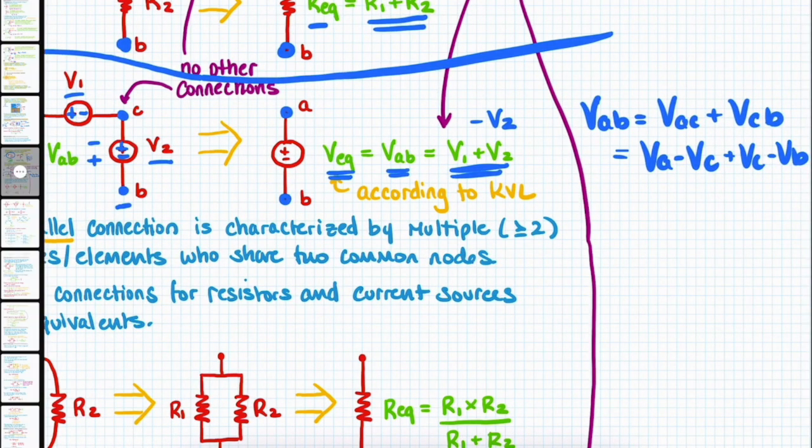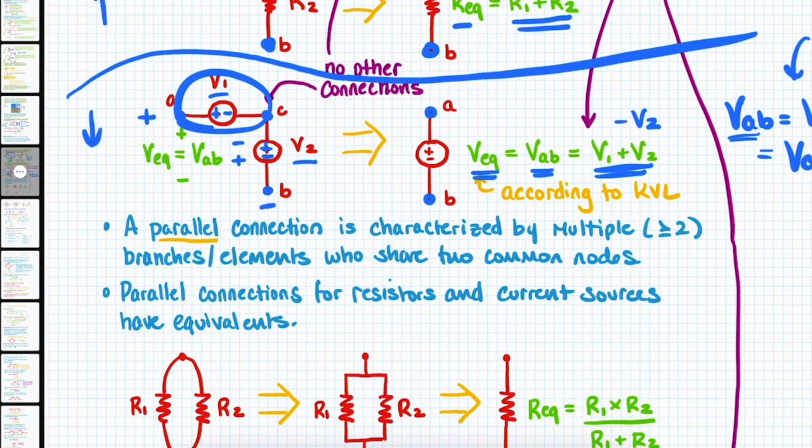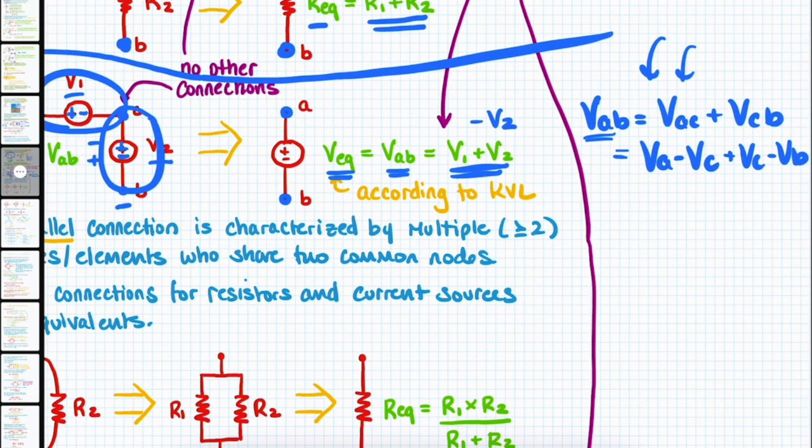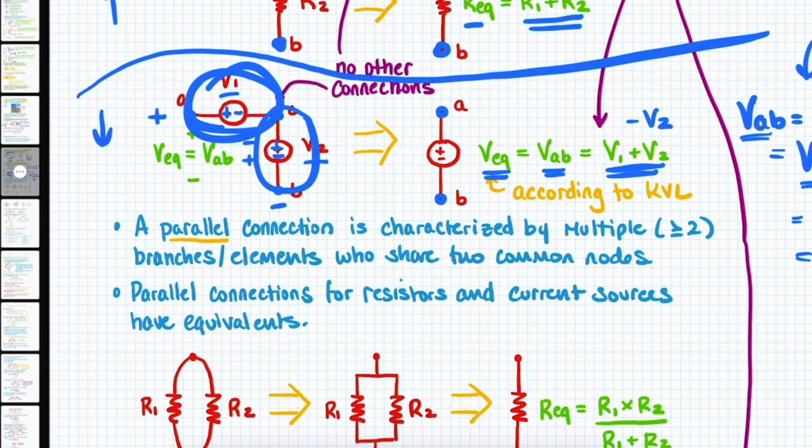I've written a little mini equation over here. We see that VAB can be broken down into VAC plus VCB, right? This is independent of the actual sources themselves. We're just using the subscript notation. Then we can break VAC into VA minus VC. We can break up VCB into VC minus VB. These cancel out. And what you're left with is VA minus VB or VAB. All that really shows is that this equivalency is consistent, as long as we're taking into account the polarities